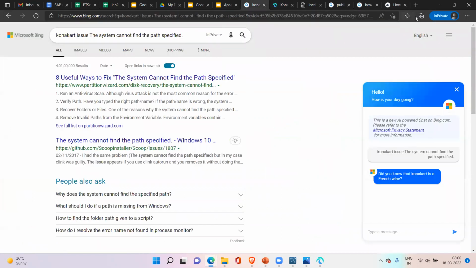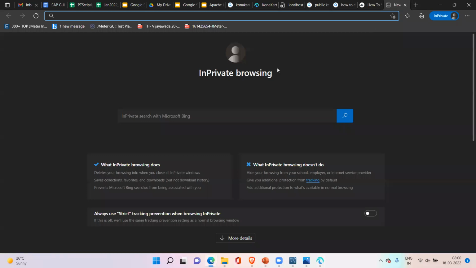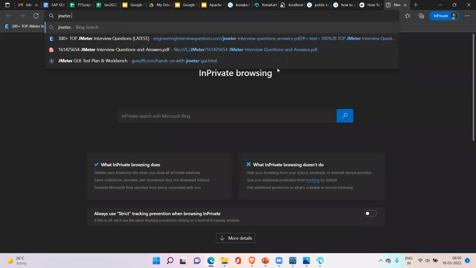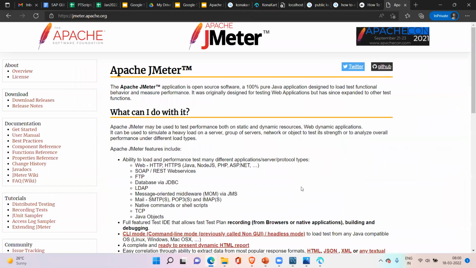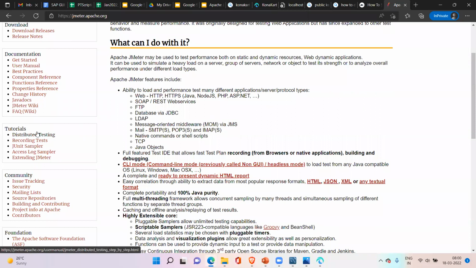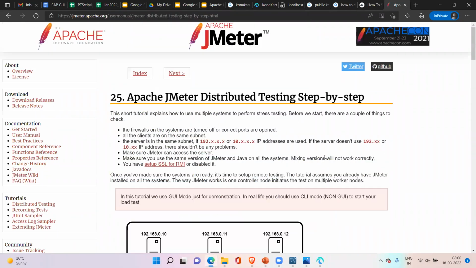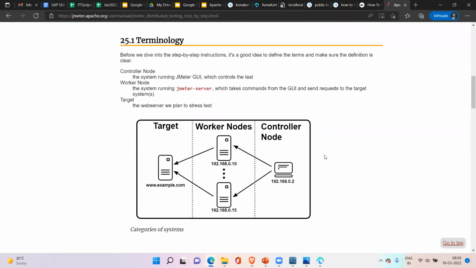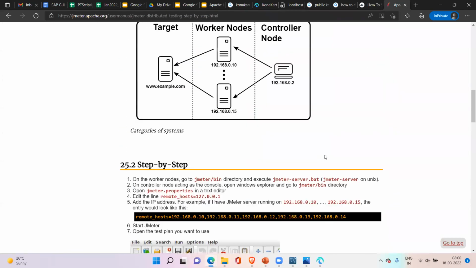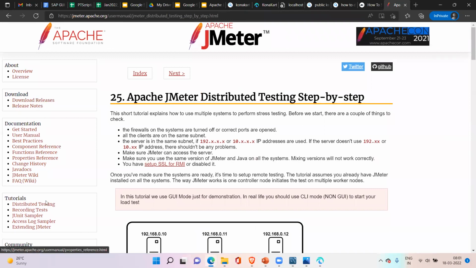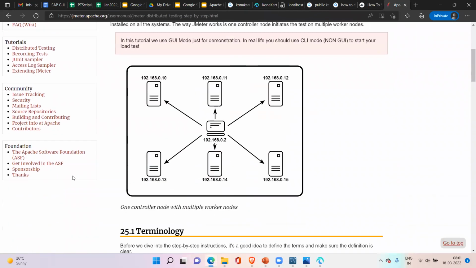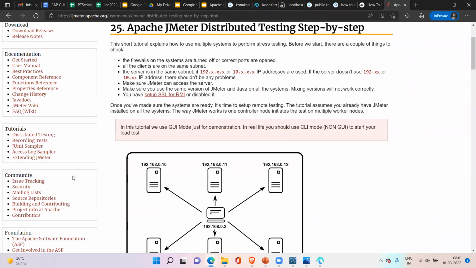Let me first go to the JMeter website. Let's go to best practices, JMeter best practices. First, I want to show you something over there.